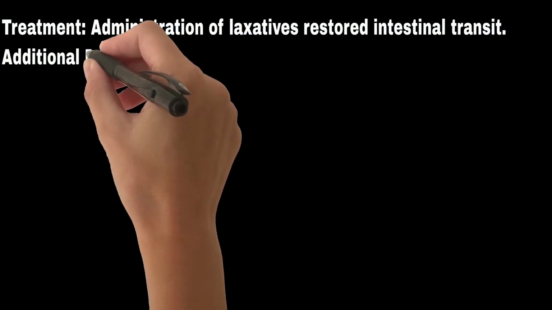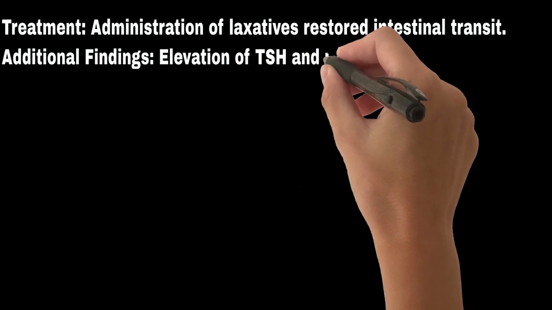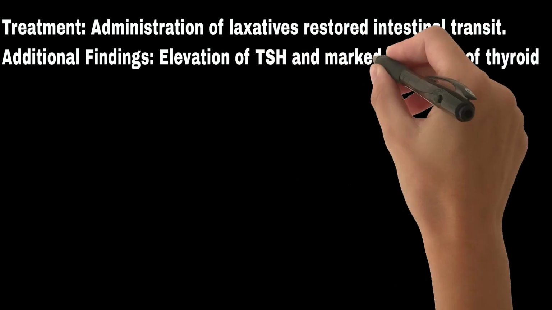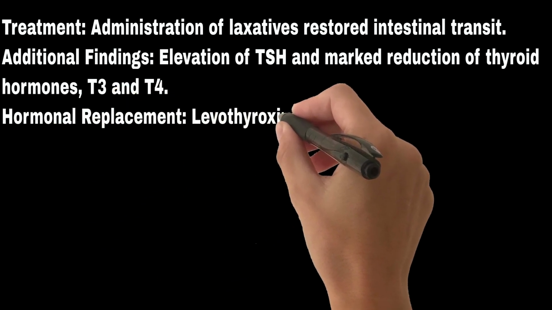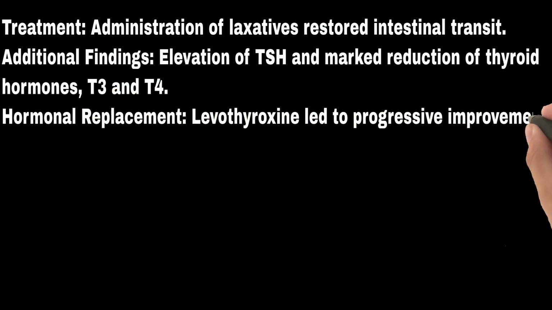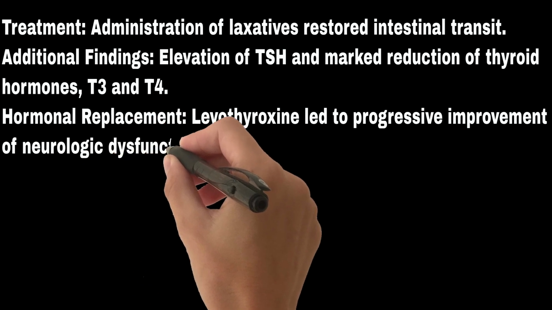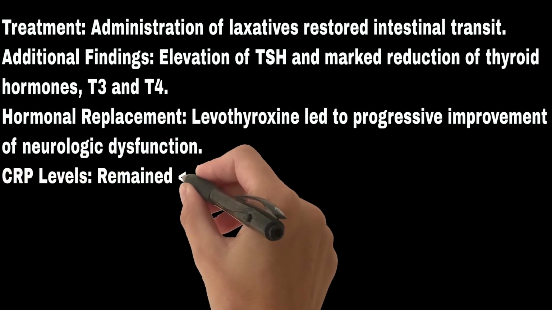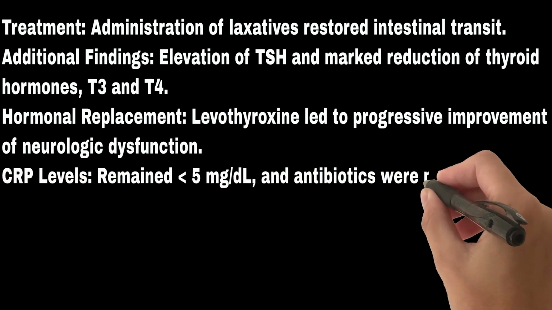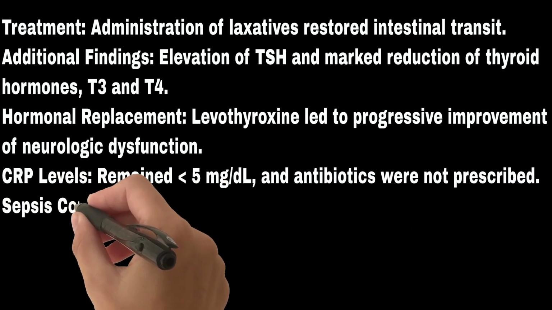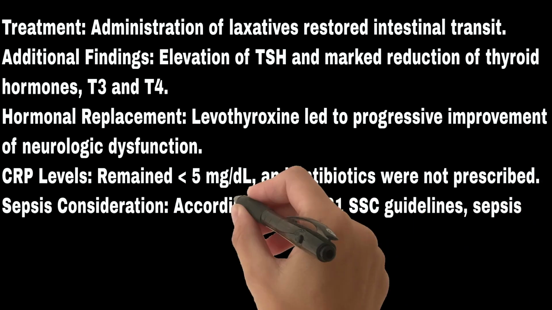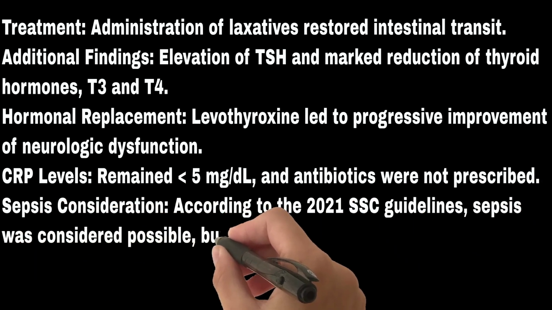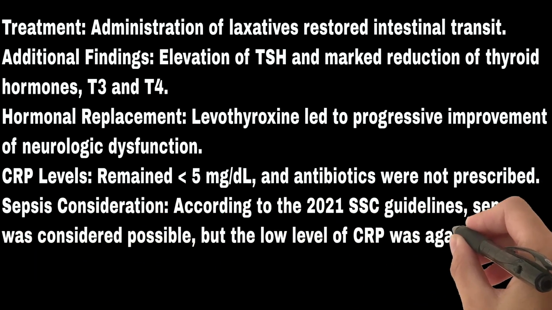Additional findings: elevation of TSH and marked reduction of thyroid hormones, T3 and T4. Hormonal replacement: levothyroxine led to progressive improvement of neurologic dysfunction. CRP levels remained less than 5 mg per deciliter, and antibiotics were not prescribed. Sepsis consideration: according to the 2021 SSC guidelines, sepsis was considered possible, but the low level of CRP was against